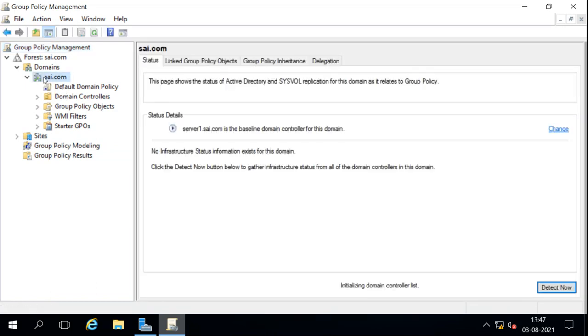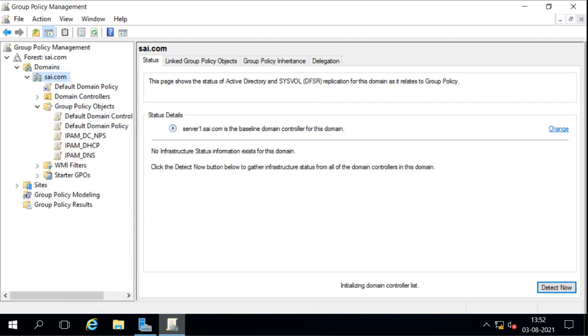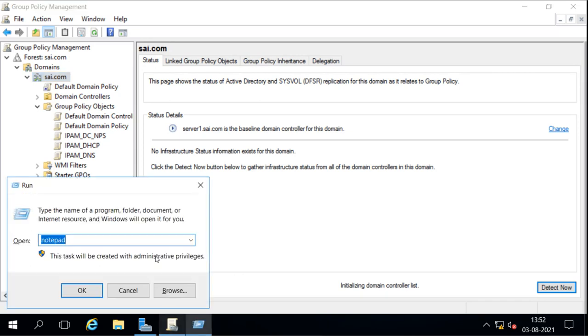When we refresh it, it will show the policies here once created. Now we can see the policies are created here: IPAM, DCNPS, IPAM DHCP, IPAM DNS. Now we have to make sure these policies are applied to the domain and all the machines in the domain. And for that, we will run the command gpupdate.